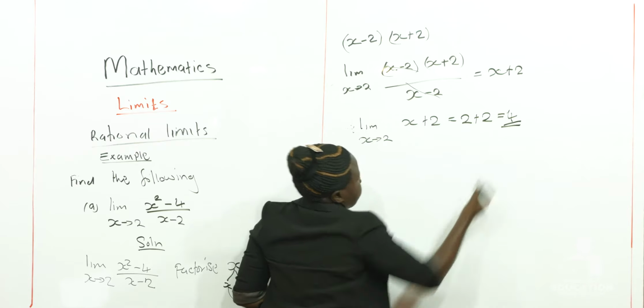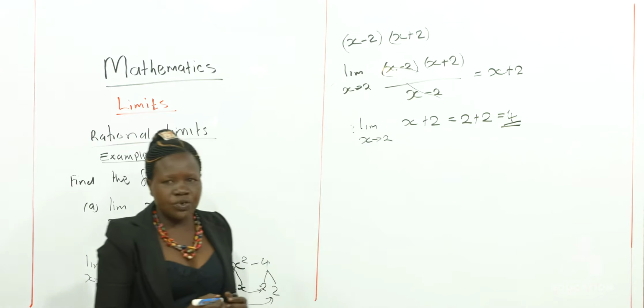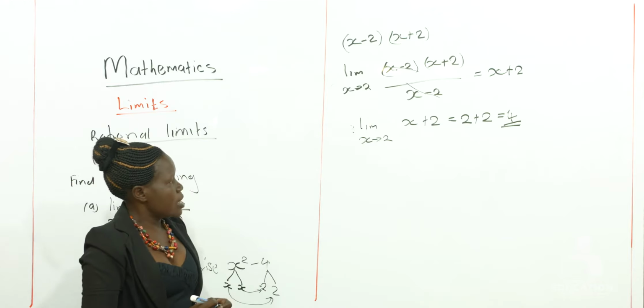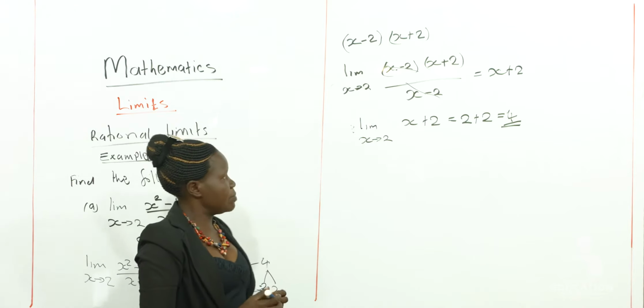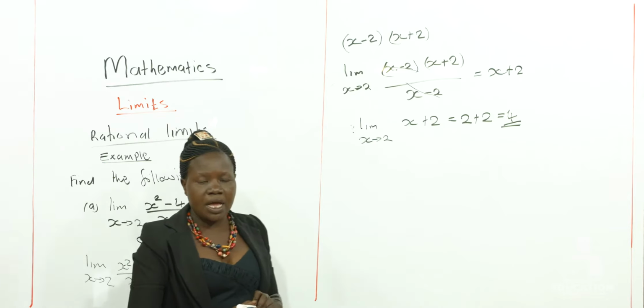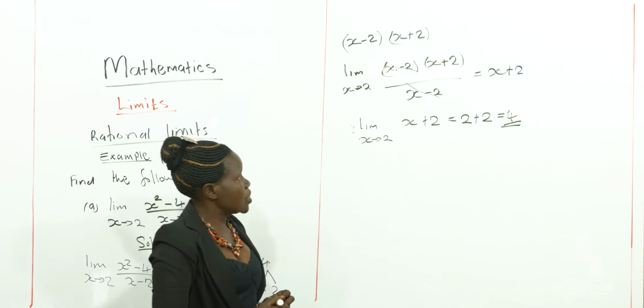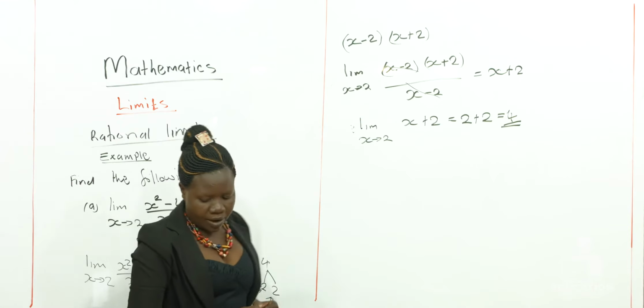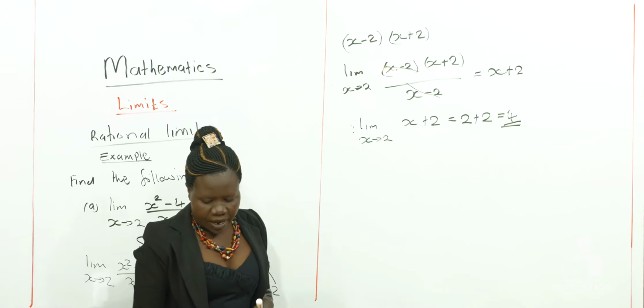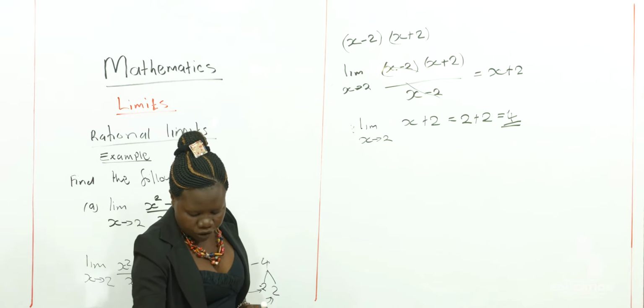So dear learners, that is how you deal with rational functions where x is approaching any real number. I repeat, you factorize the numerator so that you cancel the division. After that, you substitute. Then from that, we are moving to what we call